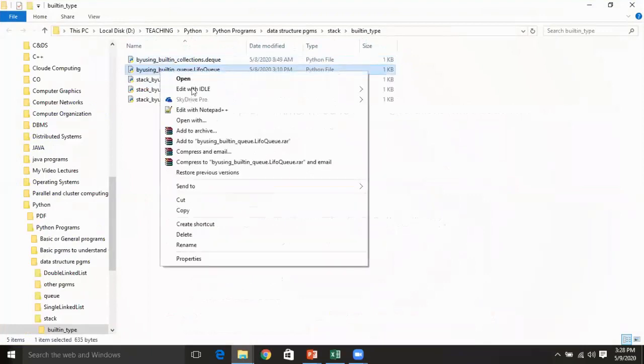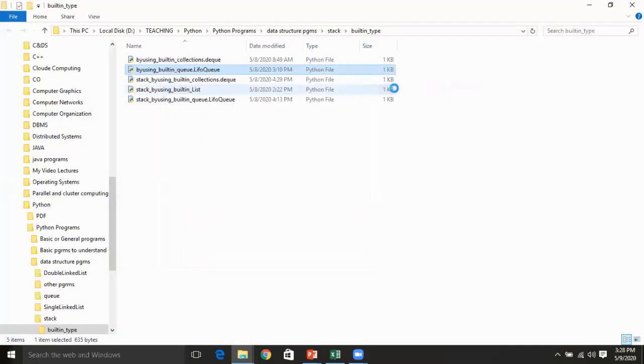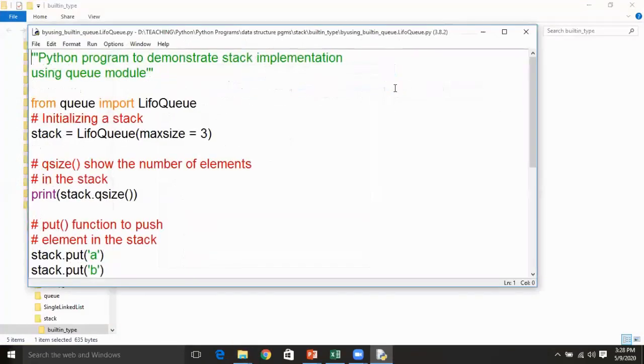I will show you the program which is given in GeeksforGeeks. Queue is a built-in module in Python, and we are importing the LifoQueue class from this queue module. You need to write the line: from queue import LifoQueue. The L should be a capital letter and the Q is a capital letter. It is a predefined class in the queue module.